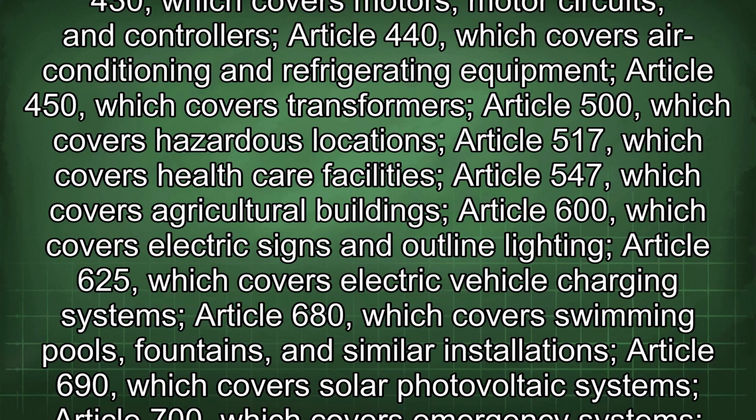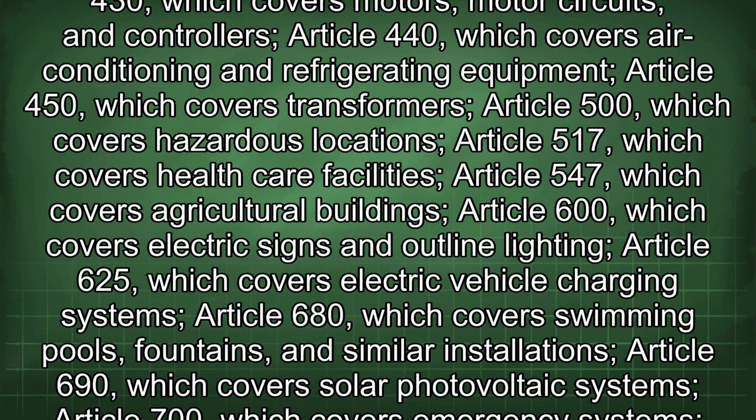conductors for general wiring, Article 400, which covers flexible cords and cables, Article 408, which covers switchboards and panelboards, Article 430, which covers motors, motor circuits, and controllers, Article 440, which covers air conditioning and refrigerating equipment, Article 450, which covers transformers, Article 500, which covers hazardous locations, Article 517, which covers healthcare facilities, Article 547, which covers agricultural